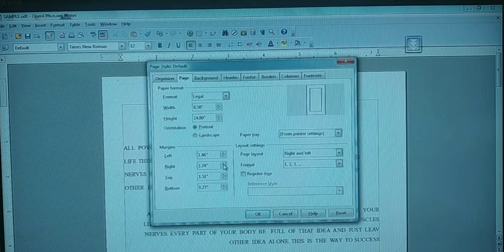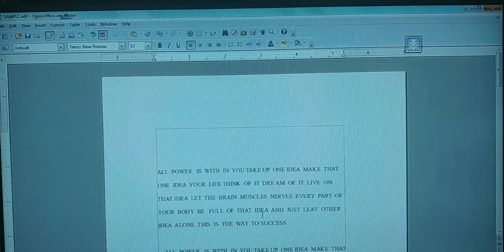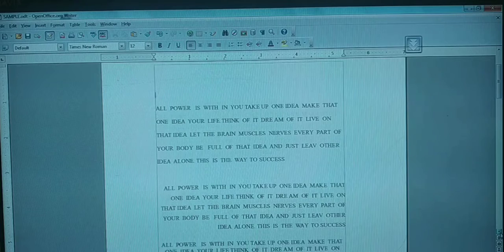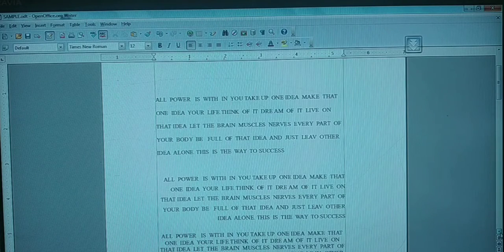Now, if it is okay for you, what do you have to do? You have to click OK. Now see the window, how it was earlier, and now after applying all the changes, the margins of your page have changed. So, clear with this? You are able to make the changes in two ways: by changing your ruler, and by using your page style dialog box. Clear with this? Yes, next we are going to continue with our topic, your page orientation.